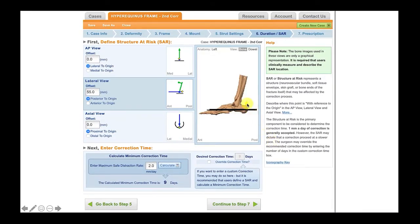And our structure at risk doesn't change. It's still the Achilles tendon, and it's still 55 millimeters behind the reference line, the origin line. And in this case, I've said let's go at 2 millimeters a day, and that'll give us a 9-day program, which should fit easily on one slide. In reality, I would do this at 1 millimeter per day, but just for illustration purposes, when I go to the next slide,